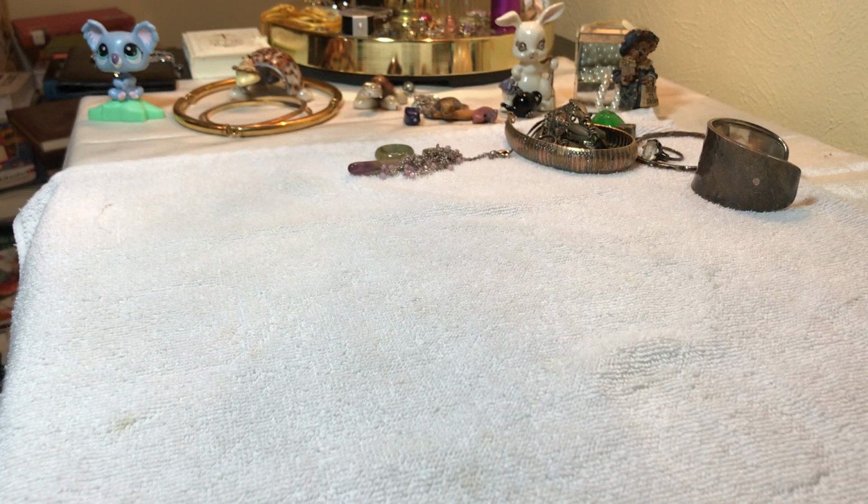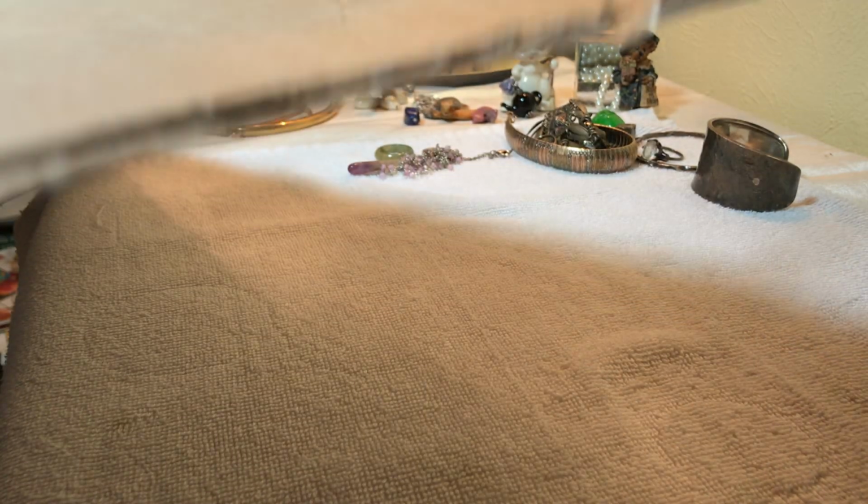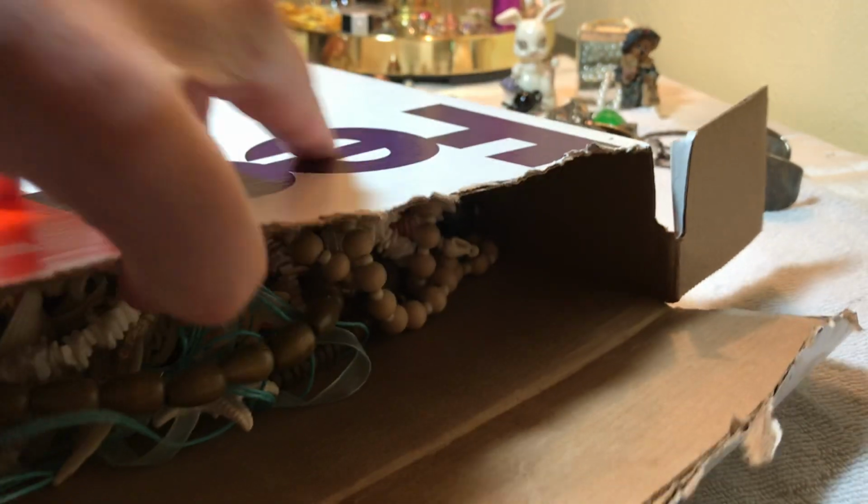I was gonna open this off camera, but then I'm like, I want y'all to know that I have not looked at this, and I have no idea what we're about to get. It's just loose in here, y'all. And I already see starfish. Don't ask me why I bid on this, but probably because